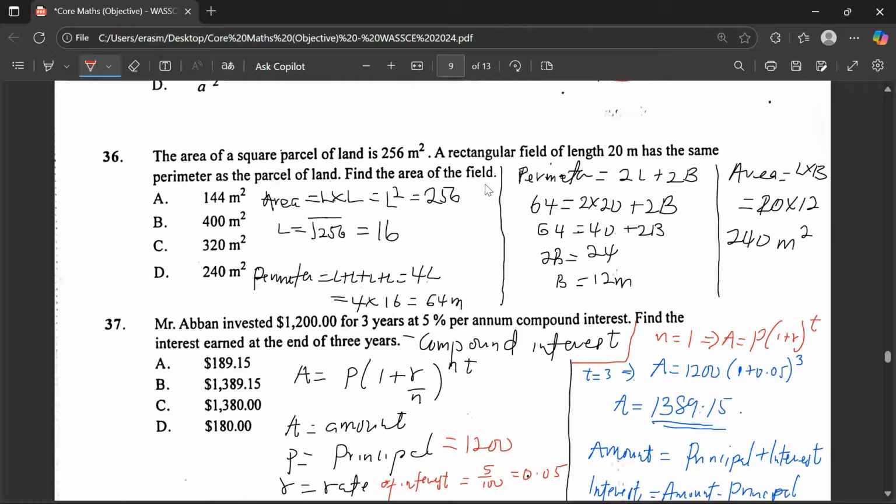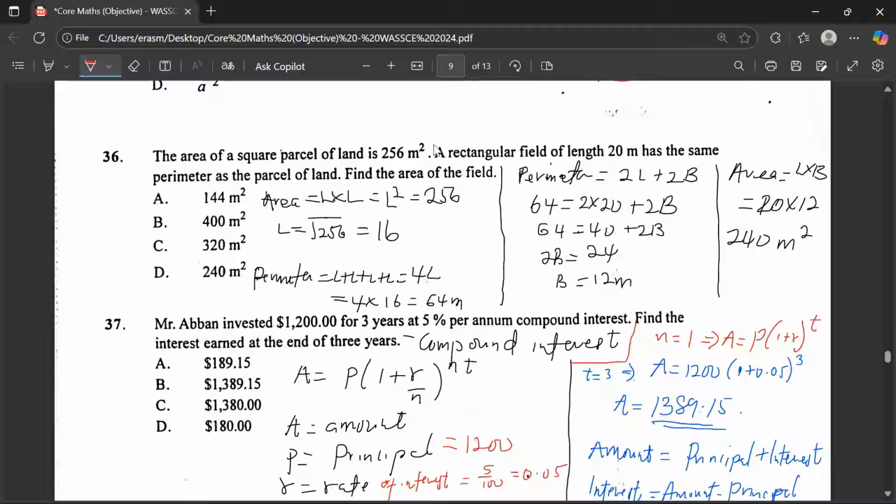Then we can find the area of that rectangular field through the perimeter, right? So that is what we are going to do. Now, area of the square equals length times length, which is L squared, and that equals